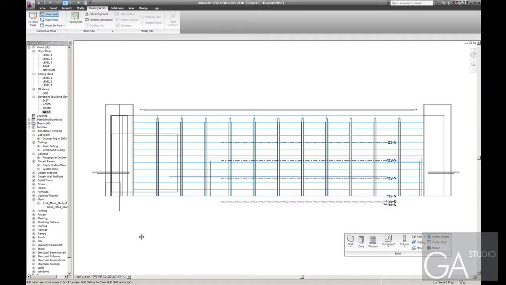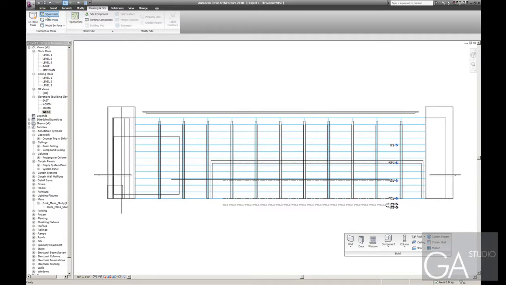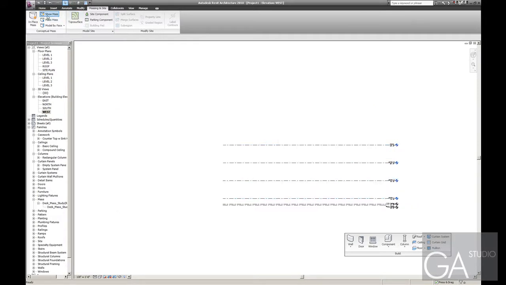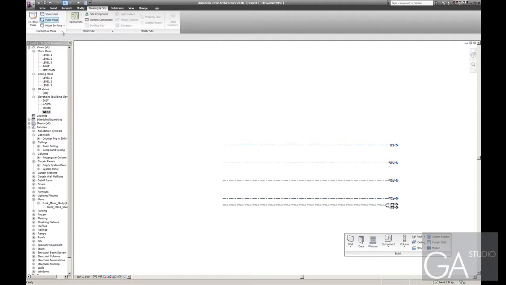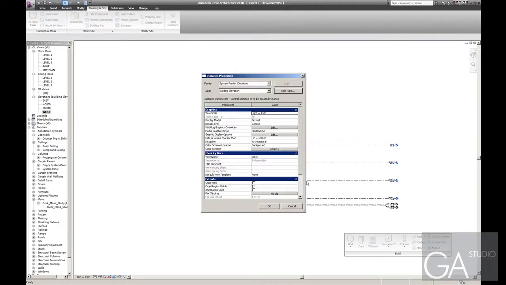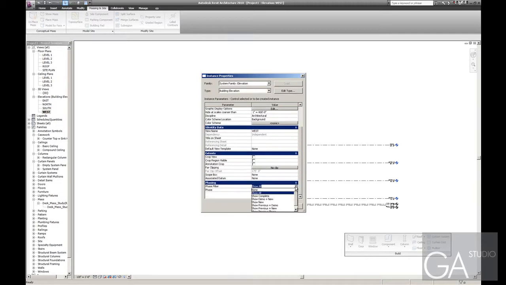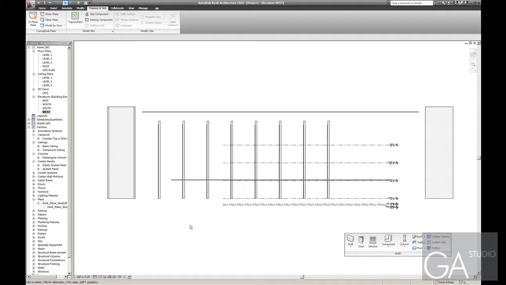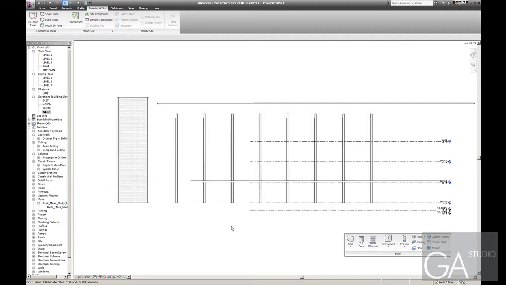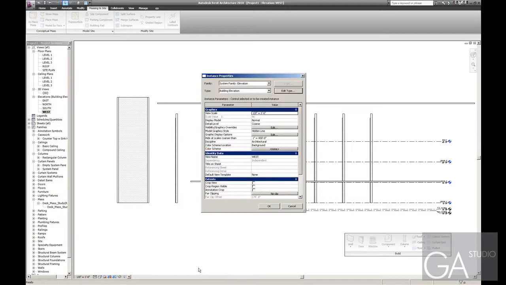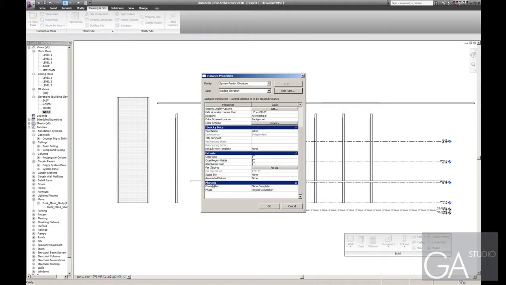So here's my front elevation, and if I unclick the show mass, whoops, there we go. That's another thing I've noticed. I'm not sure it's a problem with our templates or not, but sometimes in the views, if you don't have